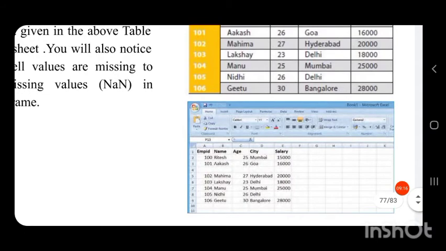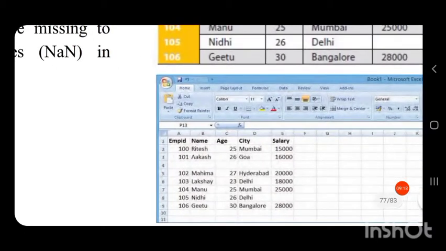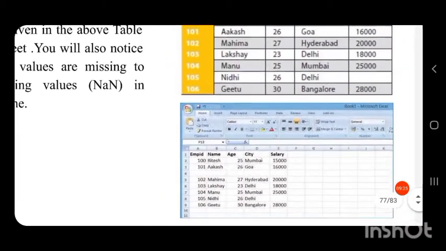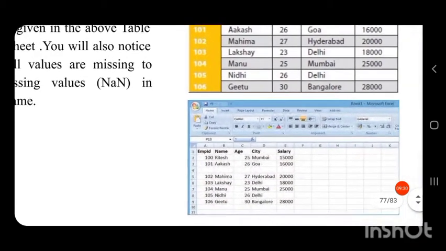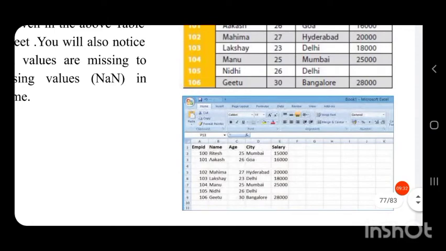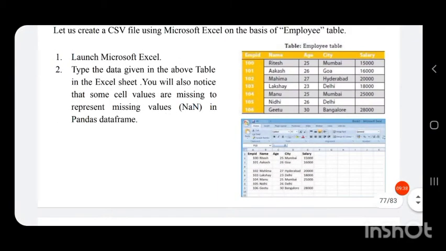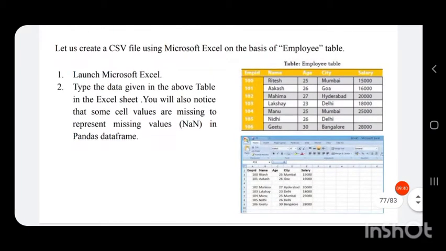Also in this Excel sheet, line 4 is left empty, and for EMPID 105, the salary column is also left empty. So you can see how the output will appear. So we have created an Excel sheet with the same content as the table employee.